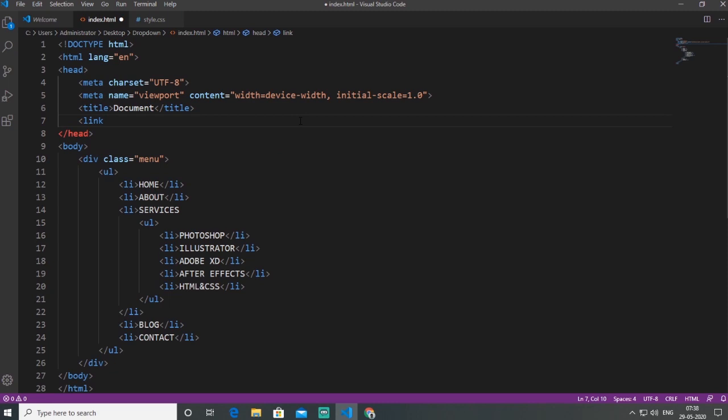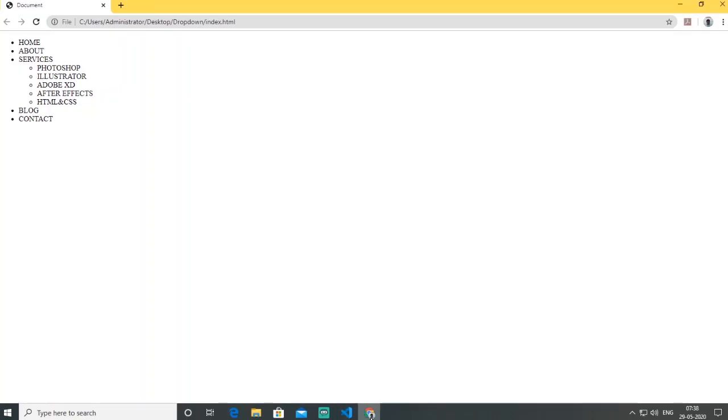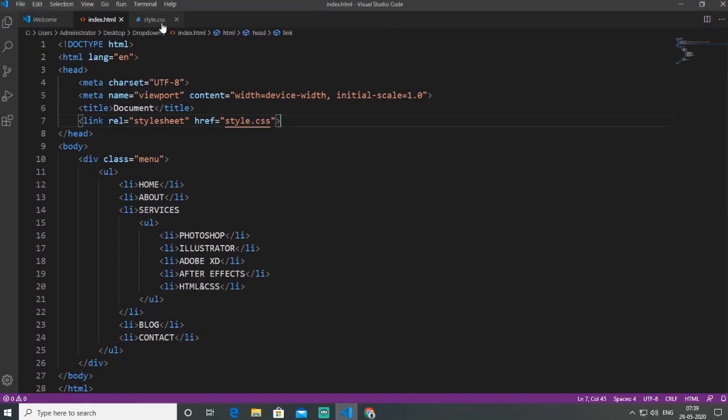The relation is stylesheet, and the href is style.css. Close the tag and save this. I come back to my browser and look how it behaves. It works properly: universally margin 0 and padding 0. So I go back to my Studio Code.